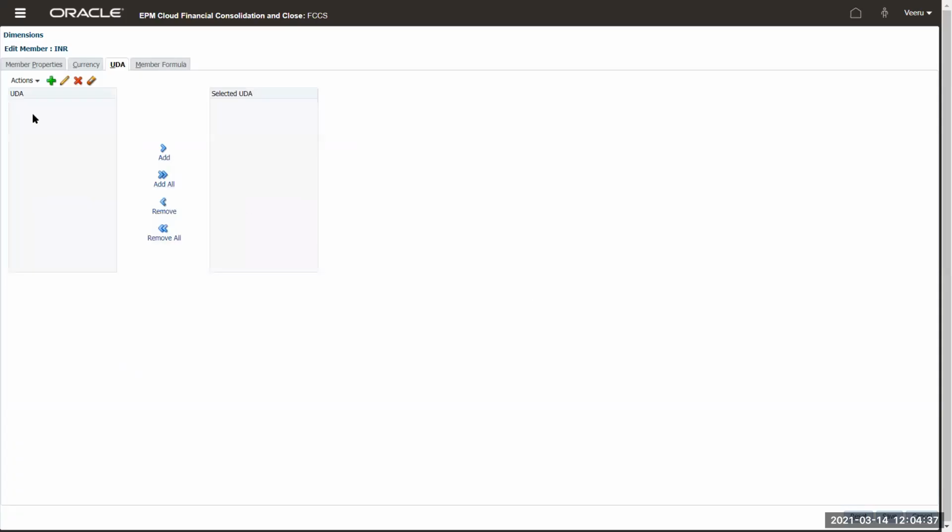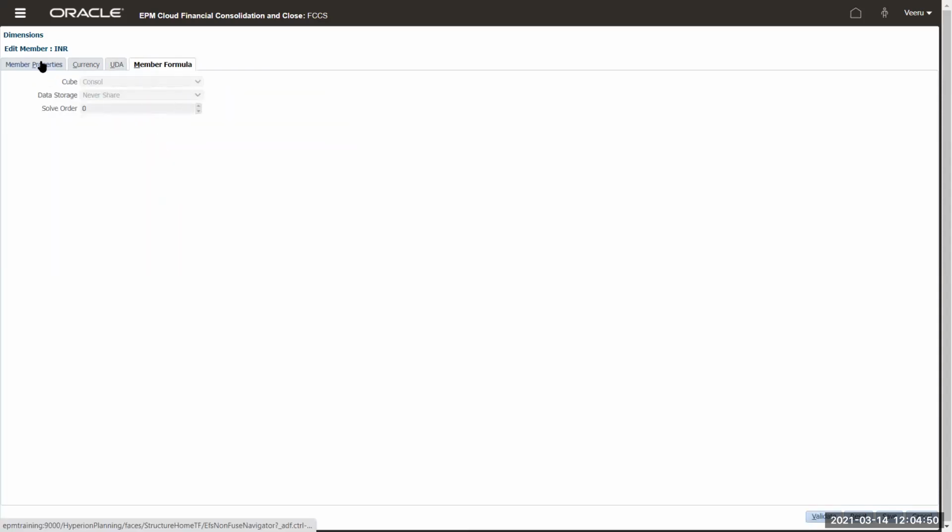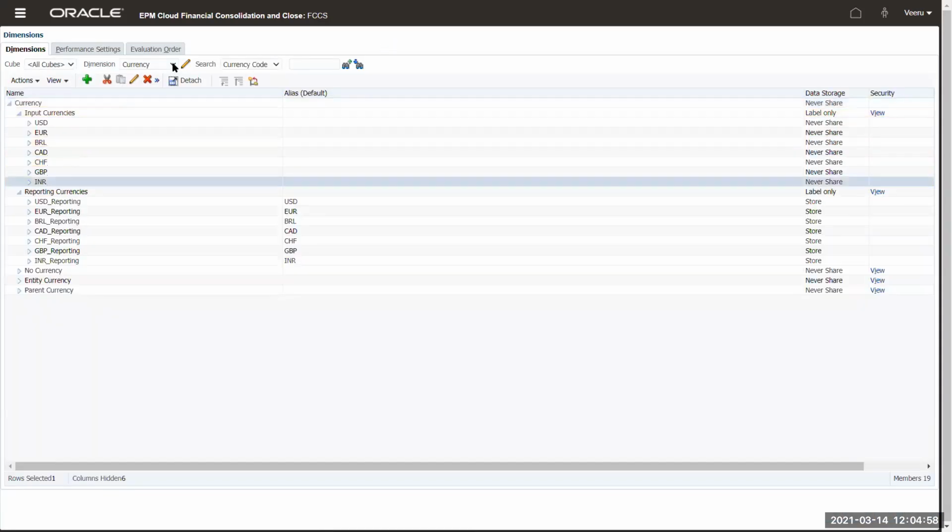Once it is saved, it will come onto the left side. Then add that UDA, and you can use it to write your rules or for other purposes. Member formula, we'll talk about in different members, different dimensions, but not here. So that is on the currency.